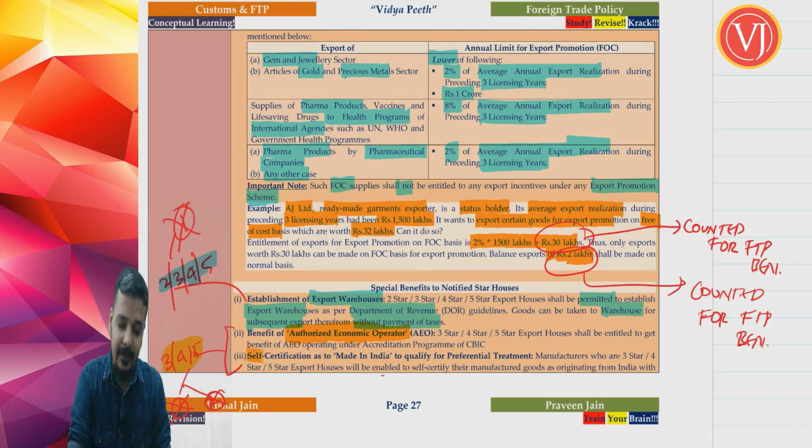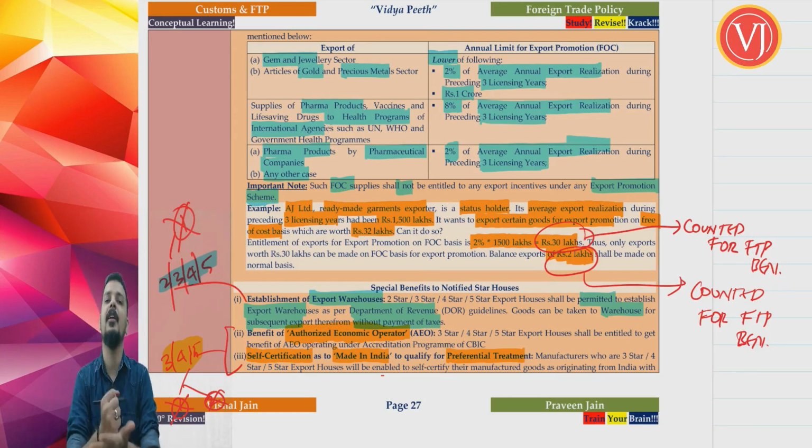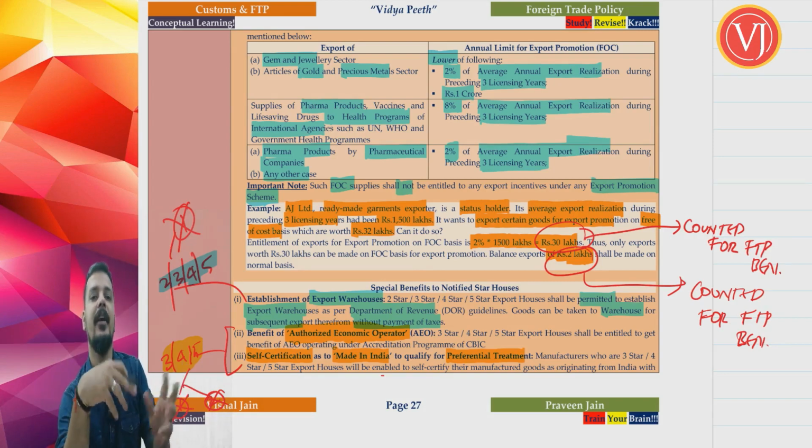Other benefit is self-certification that the item is made in India. Right, they need not go to Export Promotion Council for telling that the item is made in India. Right, they can certify themselves when the goods are going outside India. Friends, understand that if the goods are exported to USA, USA will tell that if the item is imported from India, they will give a preferential rate, lesser rate. Just like India, USA can tell, will apply preferential rate if the item is imported from India.